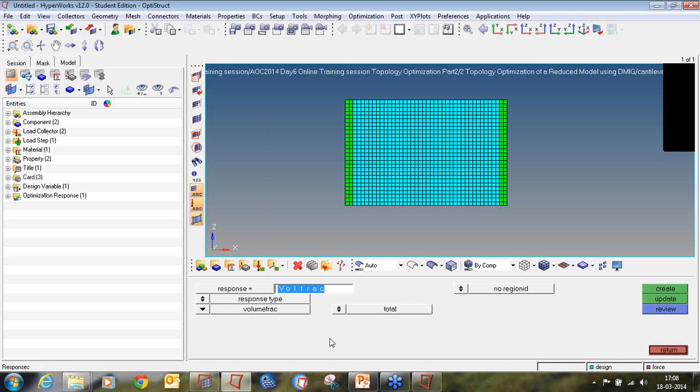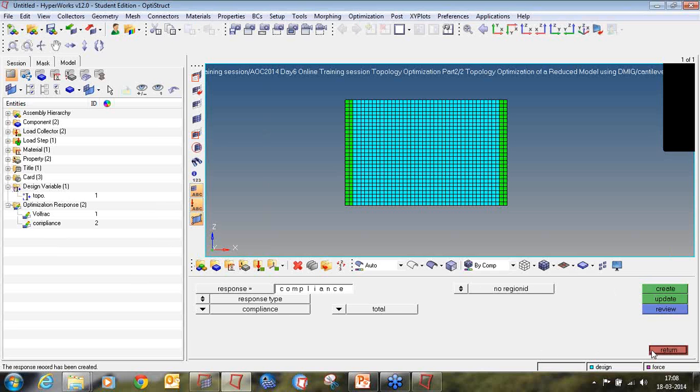Again, I will create one more response as compliance. Select the response type as compliance and click on create. So my two responses are defined, as you can see.